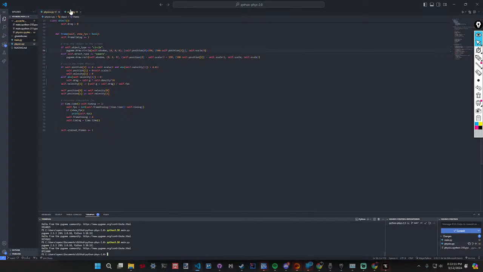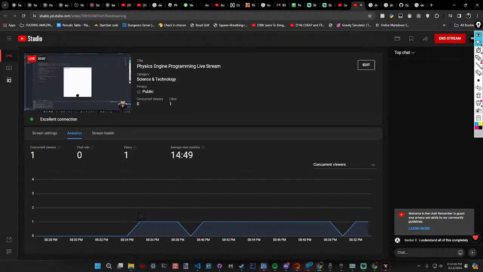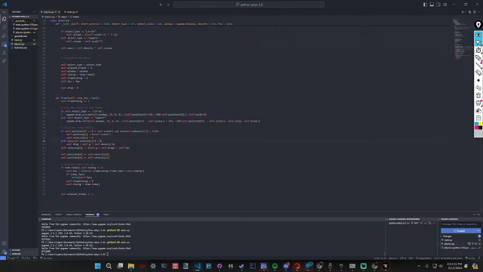And I think maybe I need to add a collision for the top of it, right? Yeah. Oh, there are no more concurrent view. Wait, what? Those are different. Okay, so for this, I need, there's this right here, which calculates the drag.